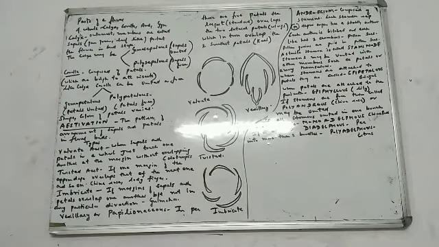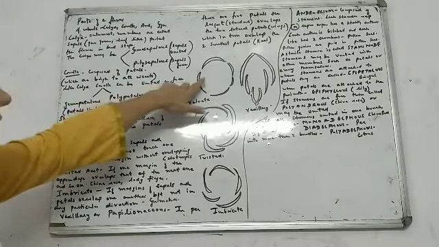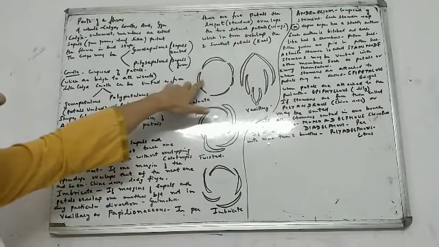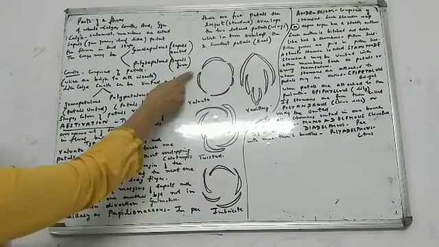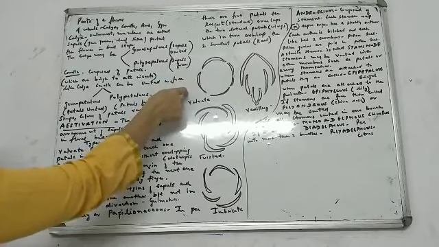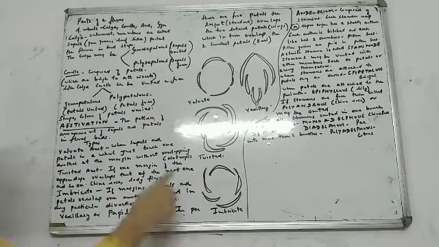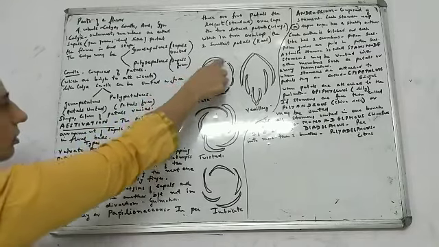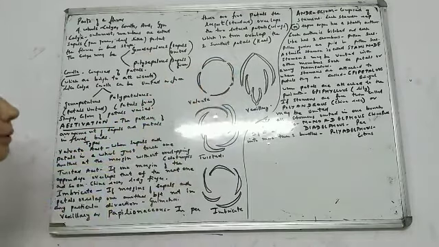The first kind of estivation we will be studying today is valvate. V-A-L-V-A-T-E, valvate estivation. Is it okay for everybody? When the sepals and petals in a whorl just touch one another at the margin without overlapping. Please look here. Sepals and petals, if you see, they touch each other where? They touch each other only at the margins, but there is no overlapping.